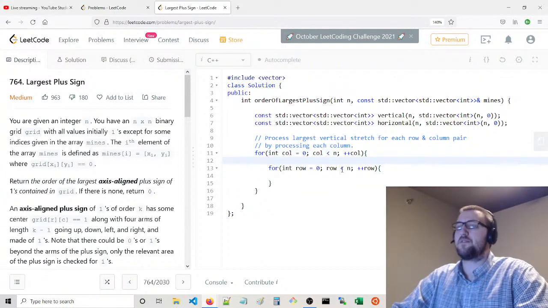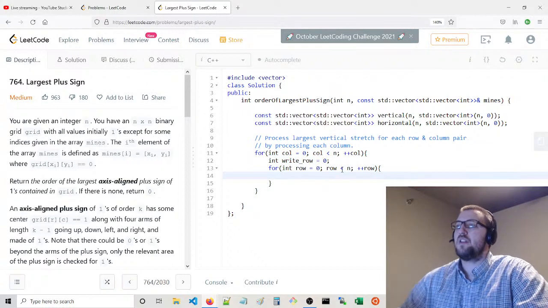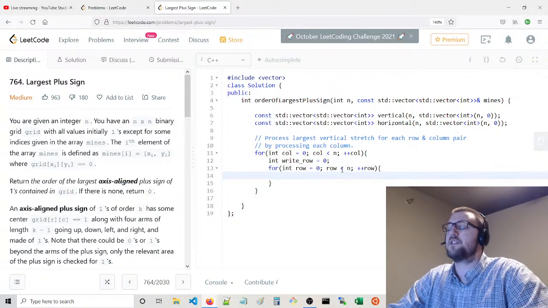So we're going to have int, a right row, just 0. And we're going to say, okay, from the top row, we'll say int x equals, not mines, yeah, mines, if mines of,